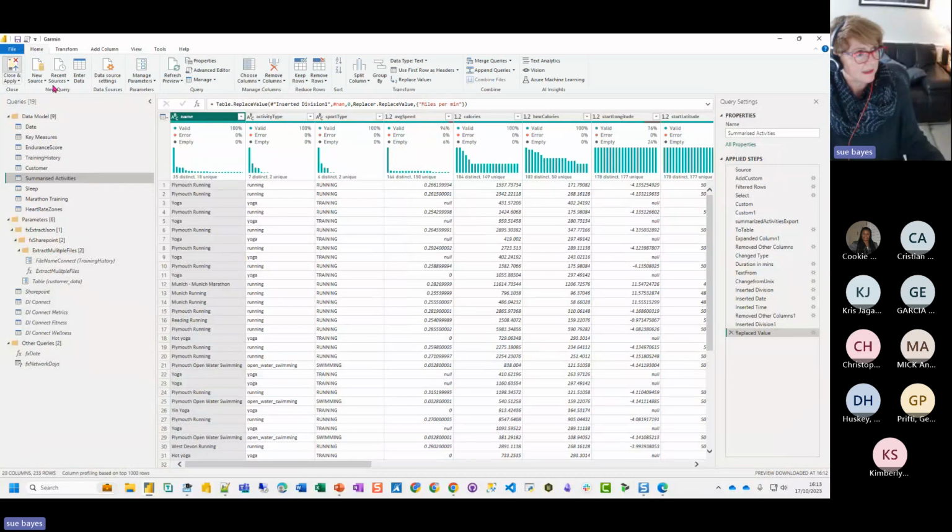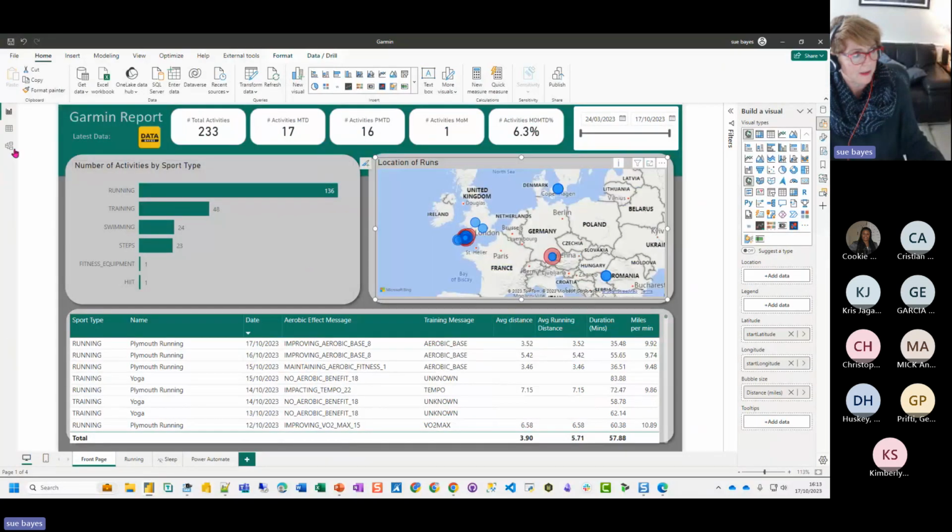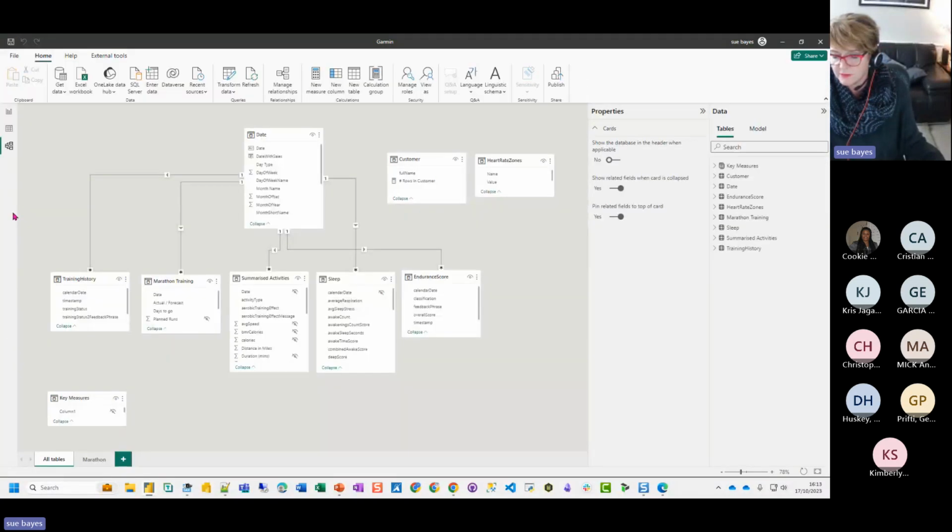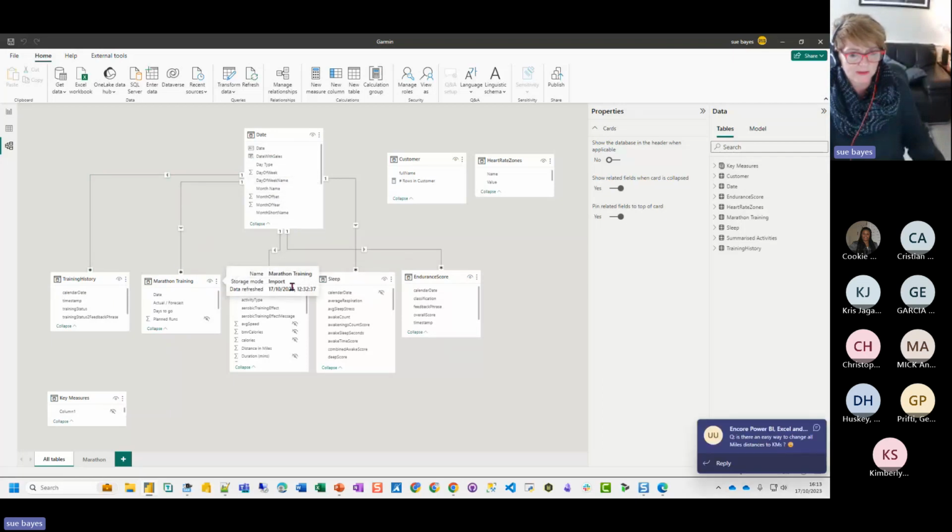Once I've loaded this data into Power BI, and it can come from SQL Server, it can come from Oracle, it can come from APIs, anywhere that you get a data source, you can pull the data in. And in here then, I create a data model. It's normalized to 1NF, so it's not like a normal database where we have 3NF, where it's broken down. We have a date table, and having a date table is critical in the data model because that then allows us